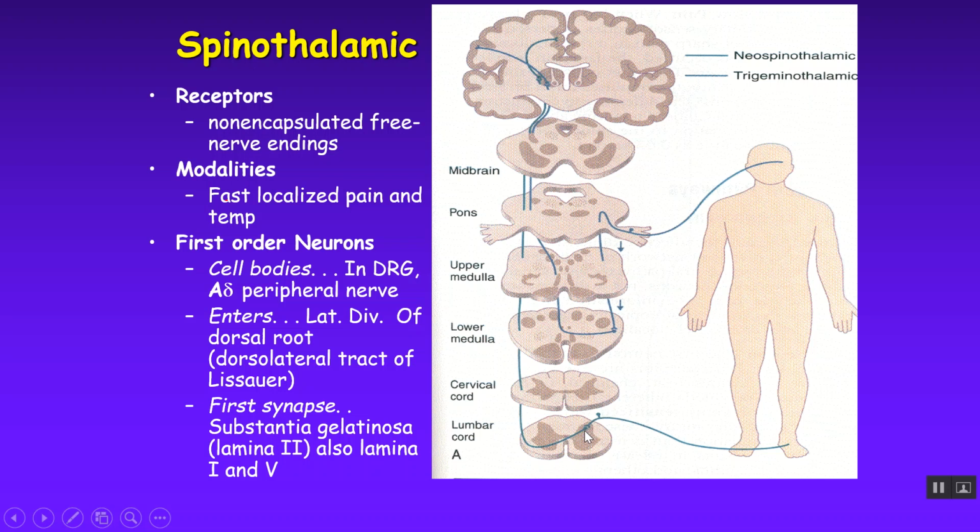And the cell body for the second order neuron is in what's called the substantia gelatinosa, a region in that gray matter in that dorsal horn that typically involves mostly lamina 2, also lamina 1 and 5. That's where it's going to make its connection with its second order neuron,